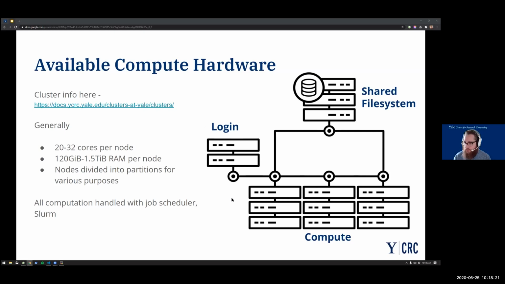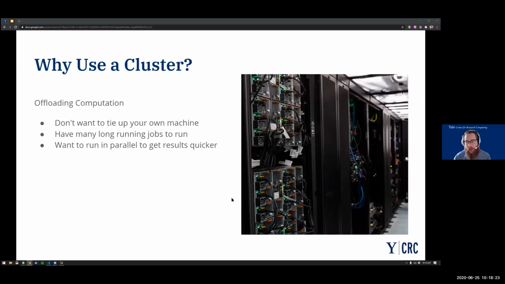So I see there are kind of two general use cases for a lot of life science and medical computation to use one of the compute clusters that we have. And the first is sort of offloading computation. So even if what you're doing does run fine and sort of fit on your personal machine, either the desktop in your office or the laptop that you have in front of you, maybe you want to be able to use that machine for other purposes.